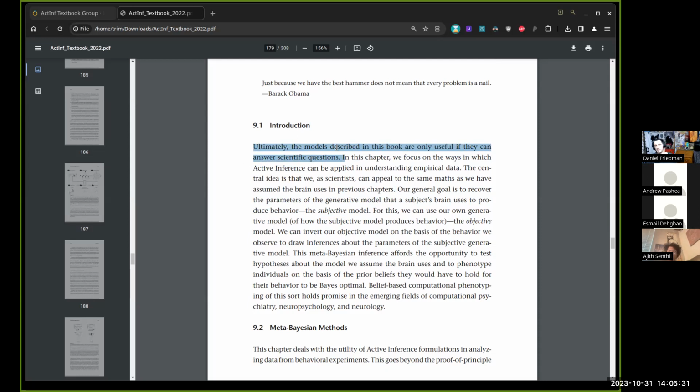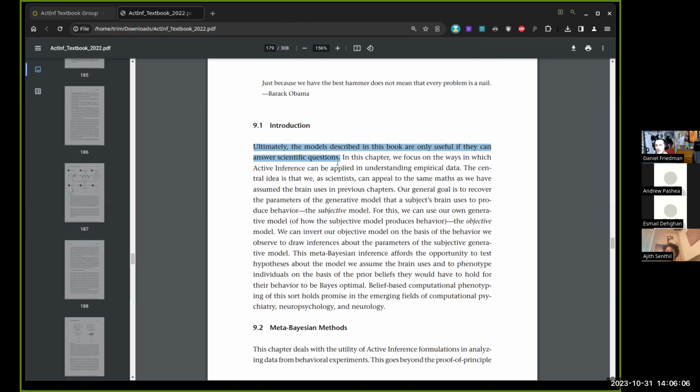Yeah, Nesmel had mentioned epistemology. So, talk about leading with an epistemological assertion. The models described in this book are only useful if they can answer scientific questions. Is that the only way a model can be useful? Or is this such a broad sentiment that everything can be cast as a scientific question? So even something of purely epistemological or epistemic status could be